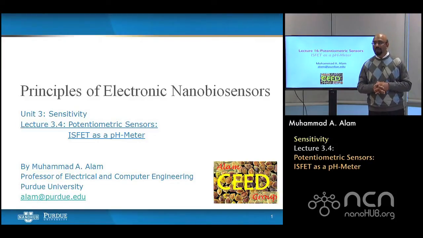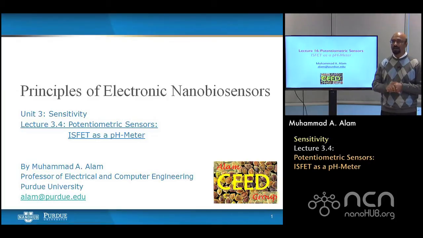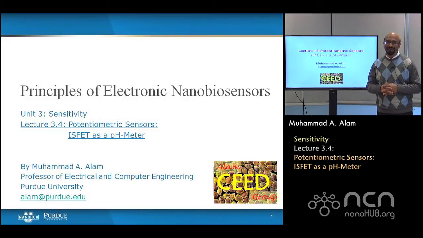Now, we are moving on to a second non-ideal effect. And this non-ideal effect is good in some way because it will allow us to measure the pH of a solution. And in fact, measurement of pH is very important for a wide variety of applications. And as we'll see in this lecture, this will be a good thing. This non-ideal thing would be a good thing because it will allow us to measure something that we really care about.